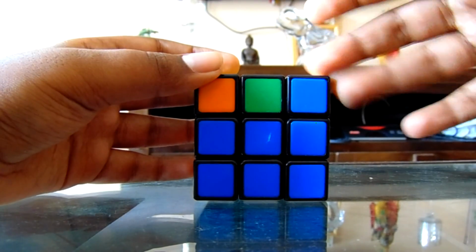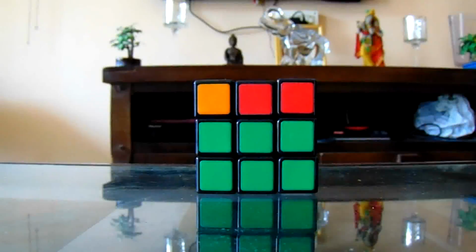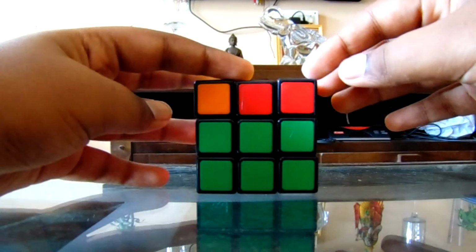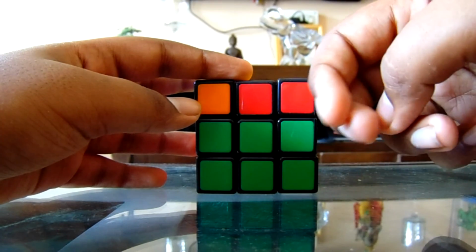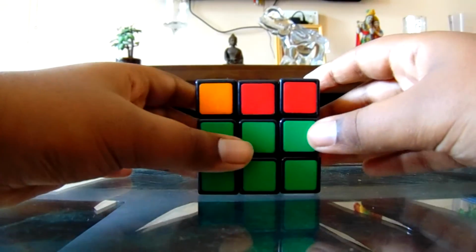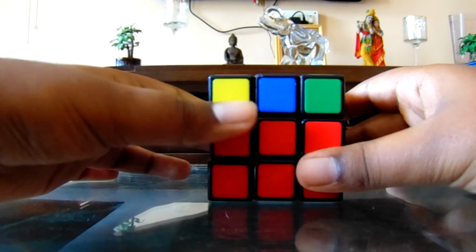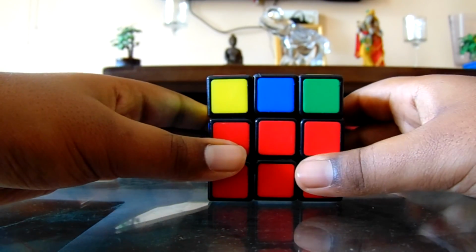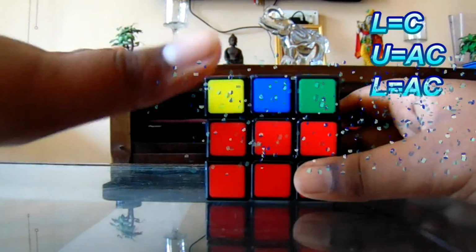So let's move on to the next case, which is an easier way of doing the same thing. So guys, as I was telling you all, there is an easier way of doing what I just did right now. In what I did right now, we had to do that same algorithm twice, and that wastes time. So what we could do is just turn this cube once over here, and we could do the same thing. Since this corner piece is over here, this yellow one, we could do the same thing but with our left hand,